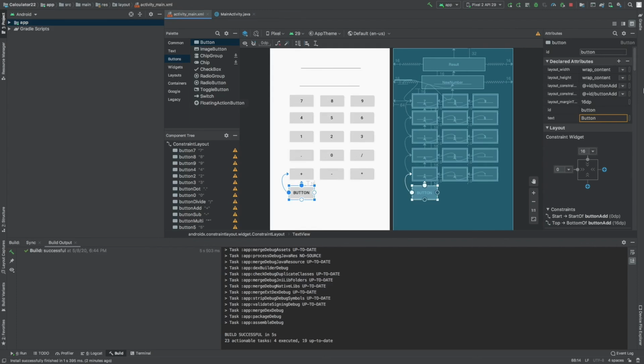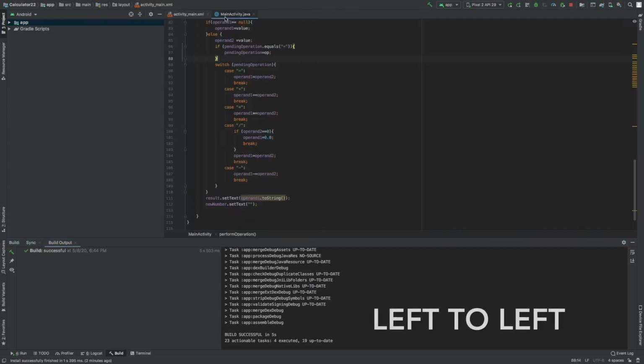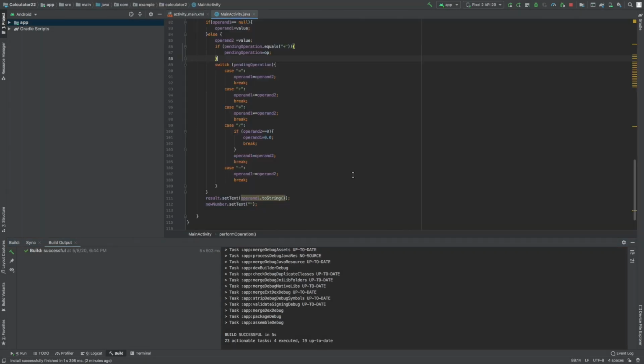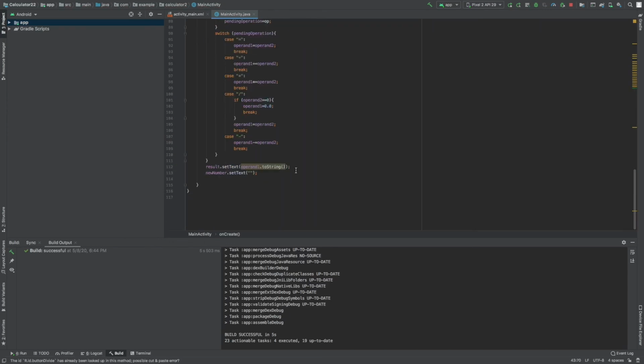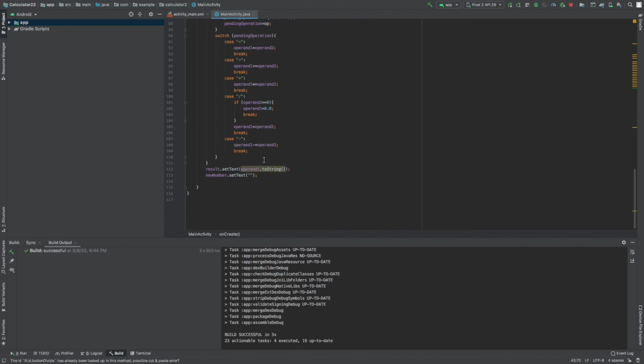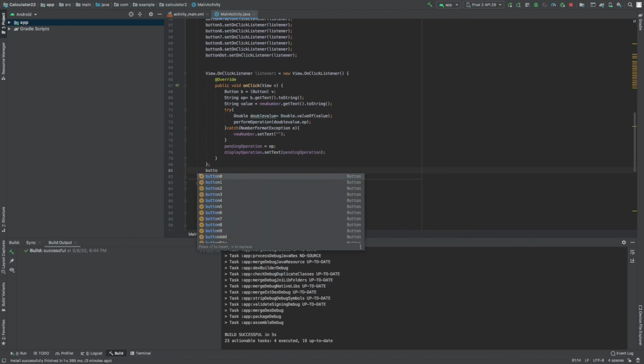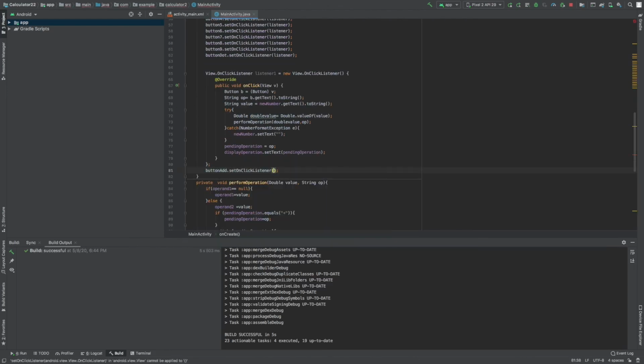So earlier I said that I haven't added the equal to button there, so now I'm adding the equal to button, attaching right to right constraints and top to bottom constraints. And I'm going to have a button ID here, so button equals or dot ID, linking it to the layout. And we're going to set the button set on click listener here to,